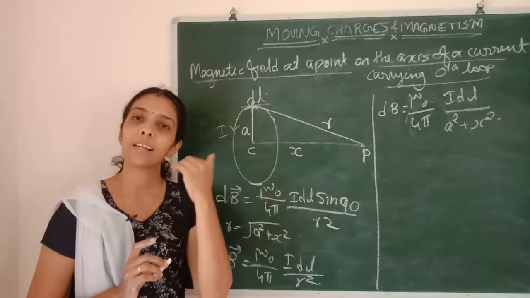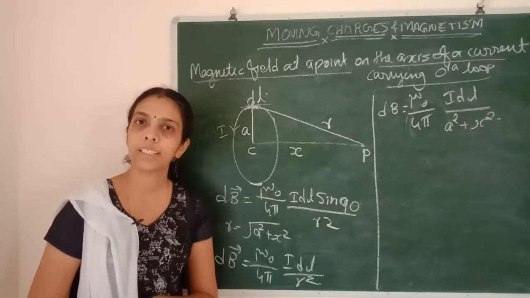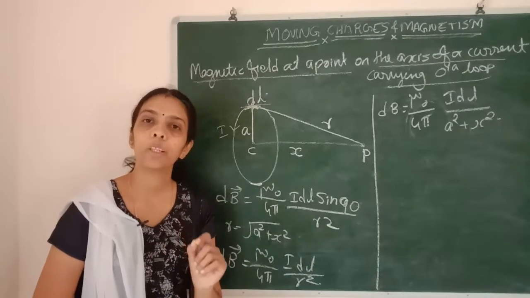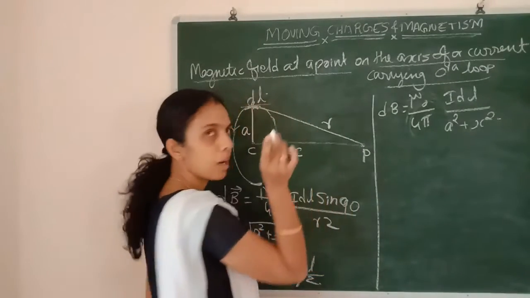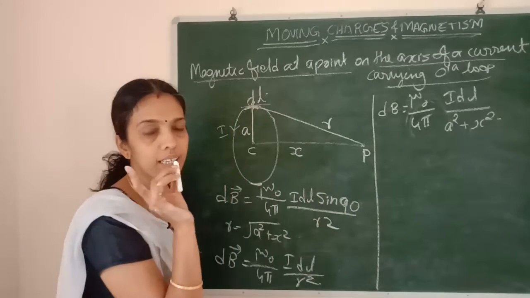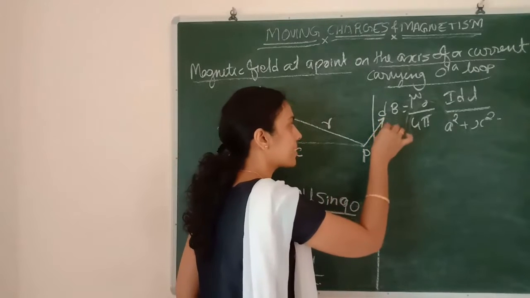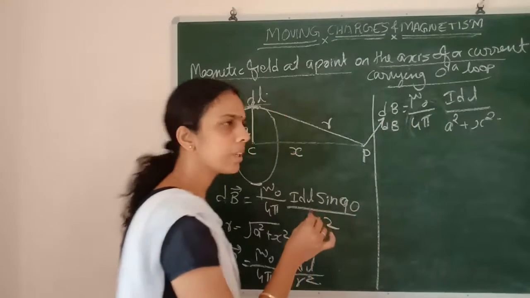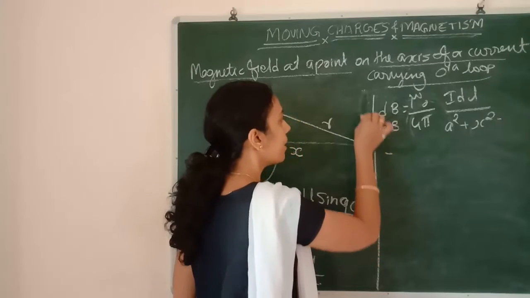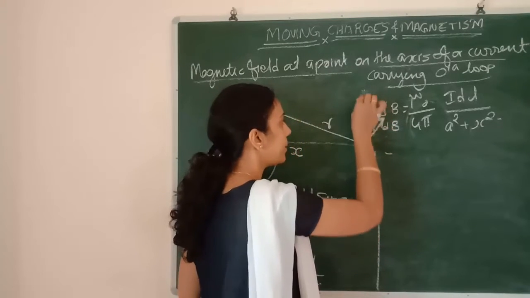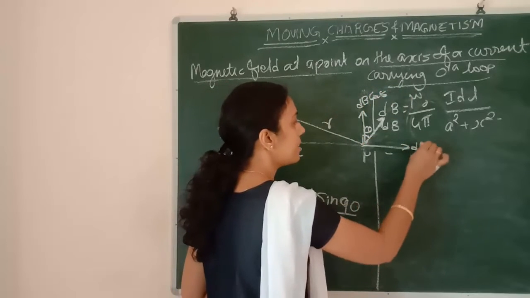So if we are considering dl cross r, what will be the direction of dB there? dB will be perpendicular to both dl and r. So dl and r are perpendicular. If x and y we are considering, what will be the direction of z then? Yes, the perpendicular component is like this, dB. If I am considering this as theta, what will be the angle? This is dB cos theta, and this will be dB sin theta,